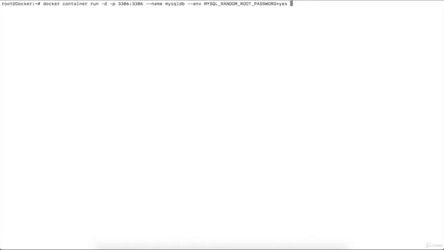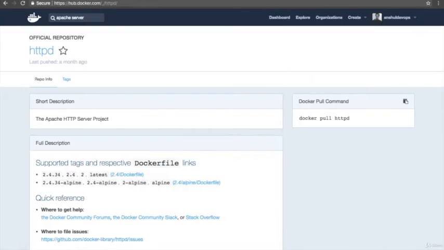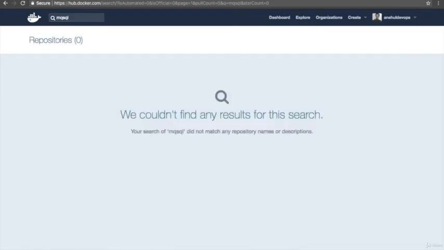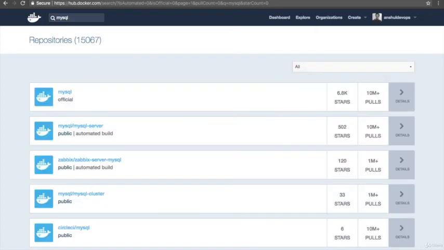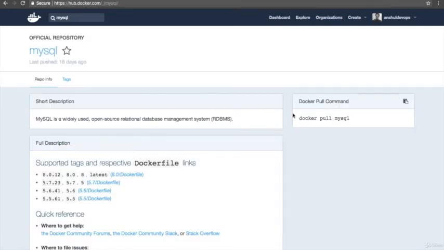For this, I will go to hub.docker.com and in the search, I will type MySQL. Press enter. Uh-oh, there's a typo. It is MySQL. And here is the official image of MySQL. I will click this and the image name is mysql itself. So I will go to my terminal